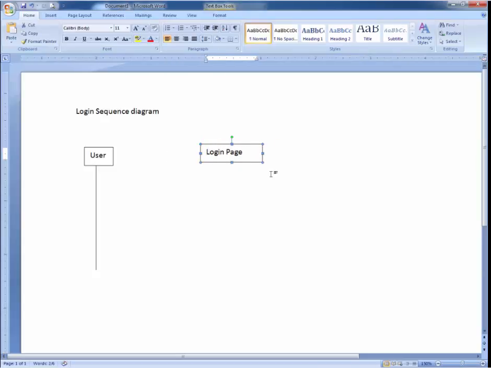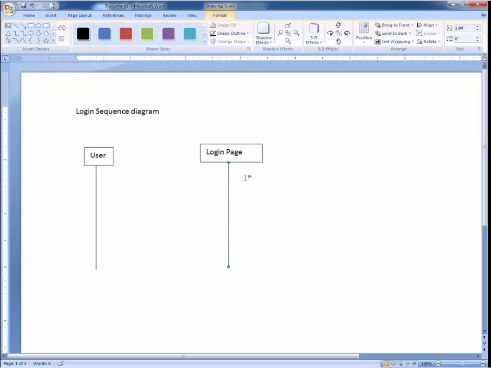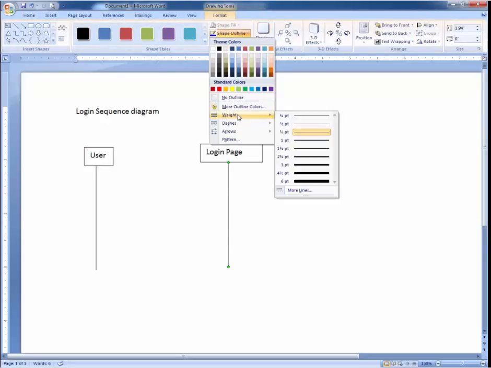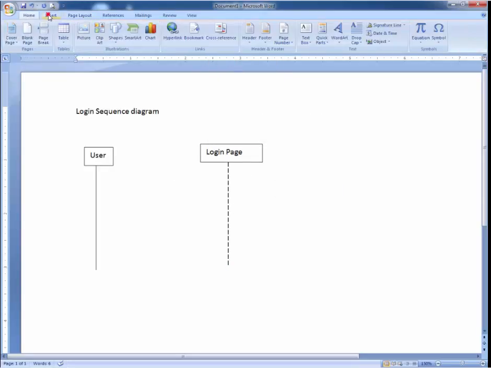Okay, copy, paste. I want dashes. Select, go to Insert.